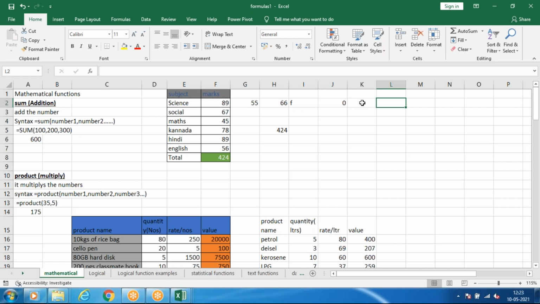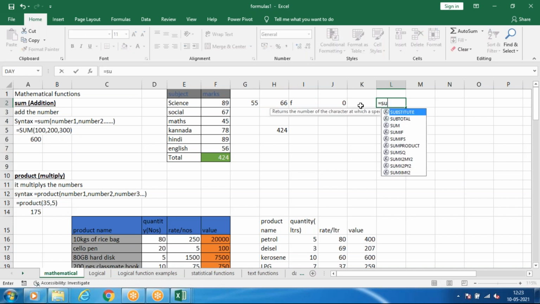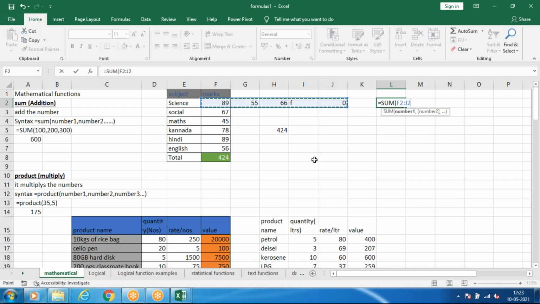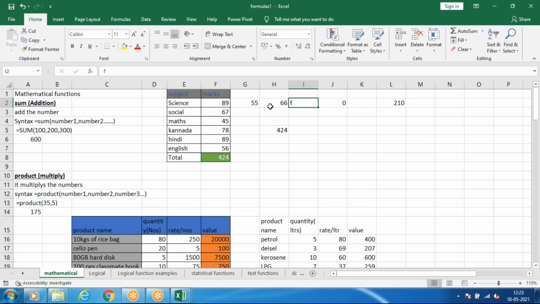So equals sum, Tab key, select the range and just click and drag. See, it won't consider this F also. Only cells which have numbers, it will take, and if you change the value for this, it will again take it. So that is the use of manually typing the formula.